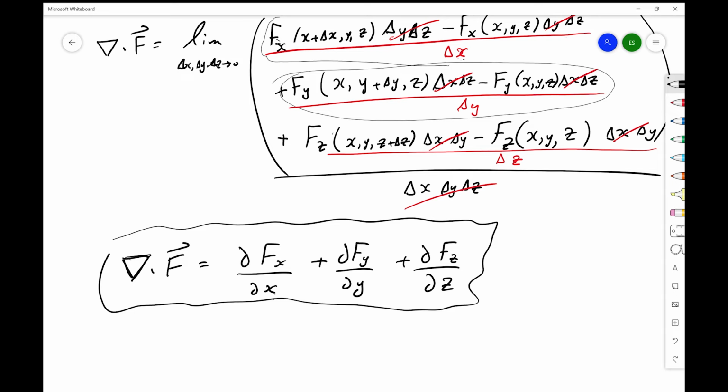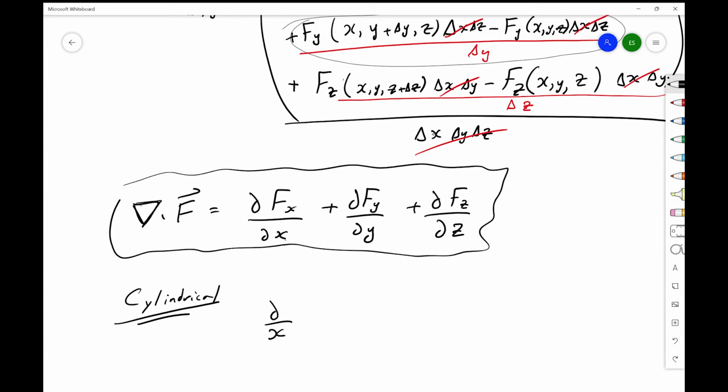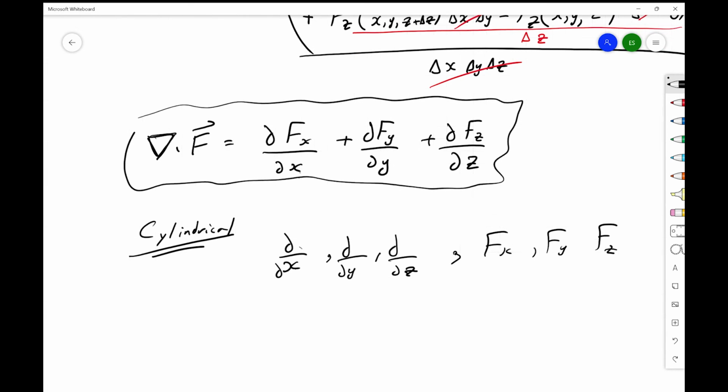For a cylindrical system, you have to do the transformations. You have to transform the operators. So we have to write delta over delta x as a function of delta over delta r, delta over delta phi, delta over delta z, and so on and so forth. And then we have to transform all 3 operators, and then we have to transform fx, fy, fz. So the way you would go about doing it,